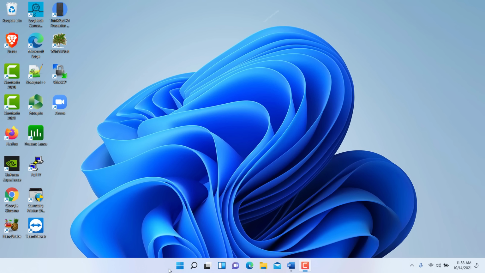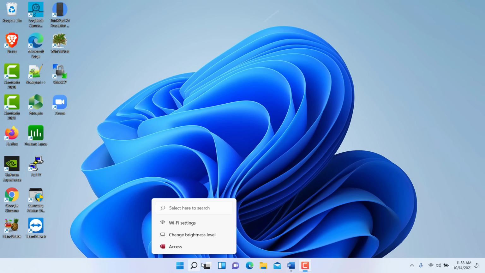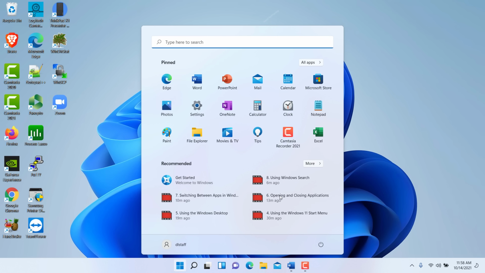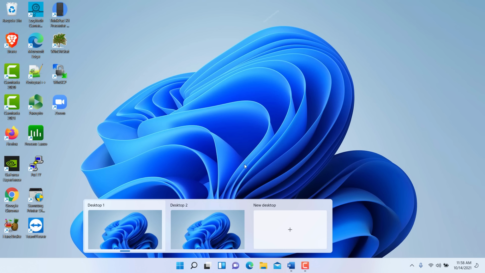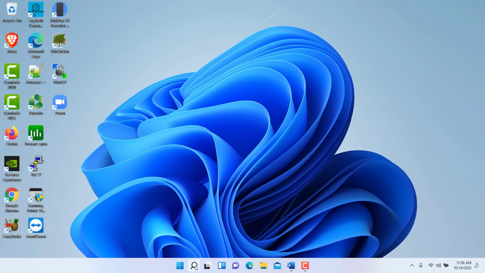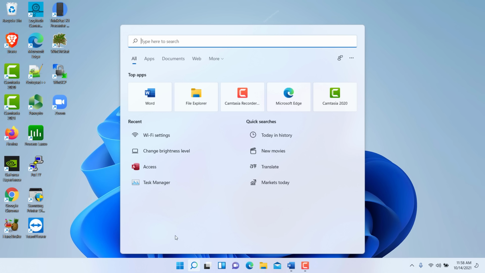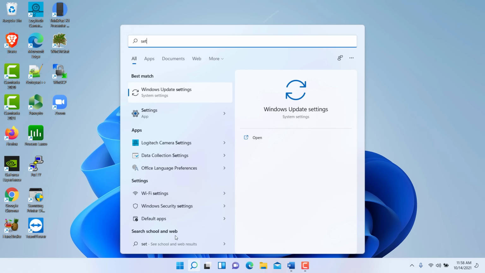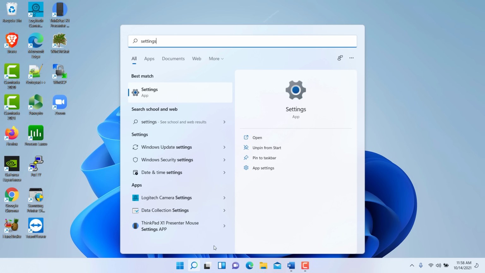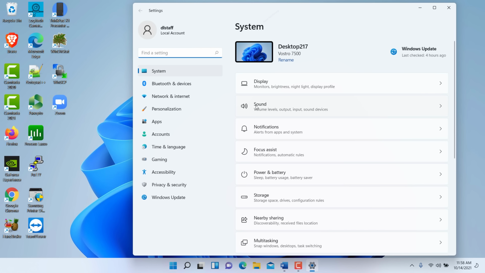You can go under the search option to get to settings, and this would be the easiest one. You can press the Windows key on the keyboard, or you press the search option here and then simply type in here settings. That's the quickest way to get to it. Once you click on settings,